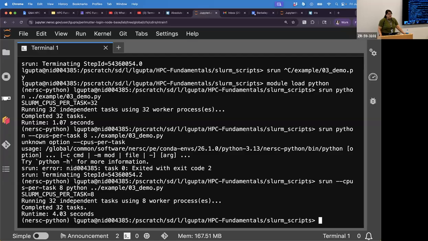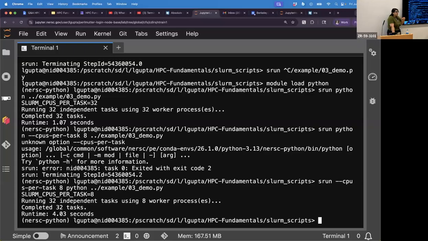Some people will say, I need one node for 48 hours. That's fine, you can do that, but you're going to be spending a lot of your time, because your budget on NERSC is a number of hours of computing that you get access to. So you're going to be spending a significant chunk of your compute time doing that. If something can be parallelized, maybe you'll want to do that so that you aren't spending as much of your time. You can get results faster, because instead of my thing taking 32 seconds, it took